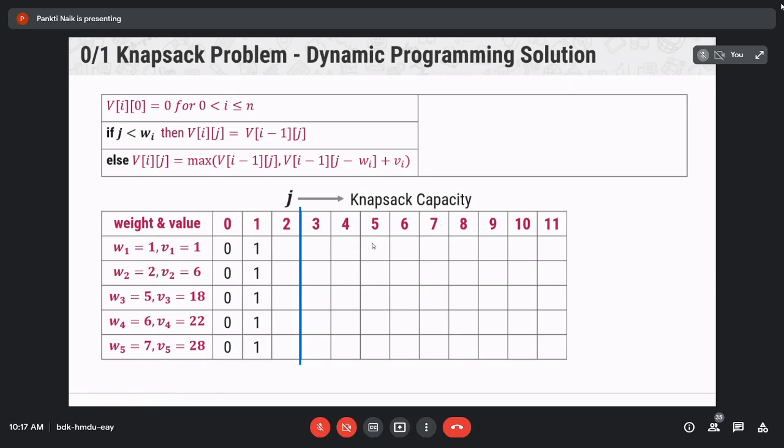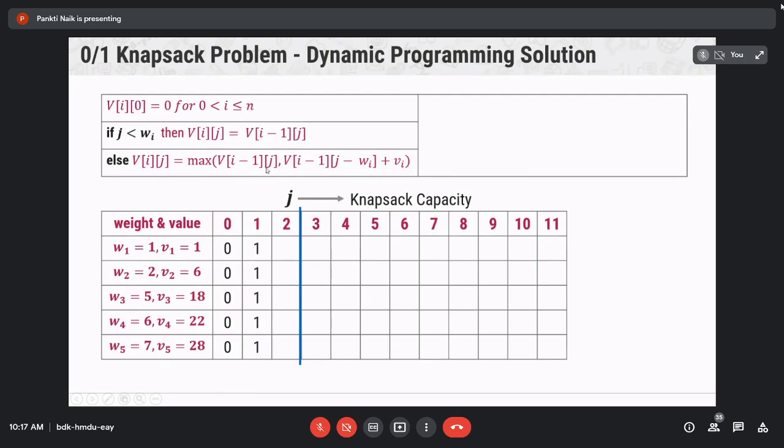Here J is equal to 2 and W1 is equal to 1, so J is higher, and we have to follow this step: maximum of V(i-1, J) and V(i-1, J-Wi) plus Vi.